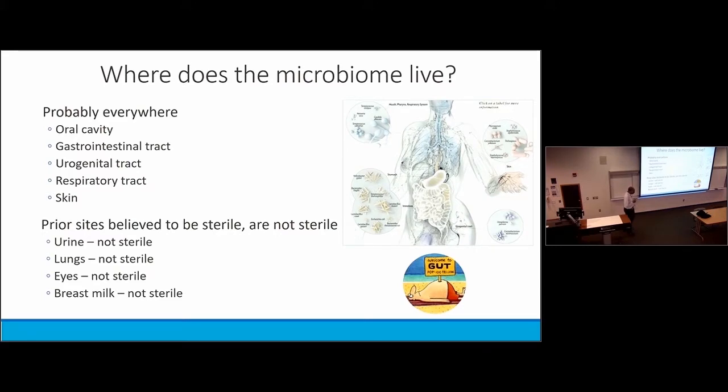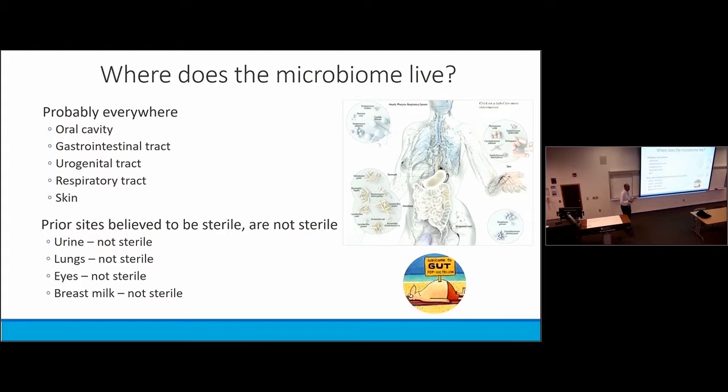When we started, some of the questions we would ask about the human virome were basically the exact same questions that were being asked about the human microbiome. For example, 15 years ago when human microbiome studies really started, the biggest question was always, where does the microbiome live? Those are questions you don't see asked anymore. The main reason is that the answer was pretty much everywhere. And we have gone on to show over the course of years that all of these same parts of the human body that are inhabited by these bacterial communities are also inhabited by viruses.